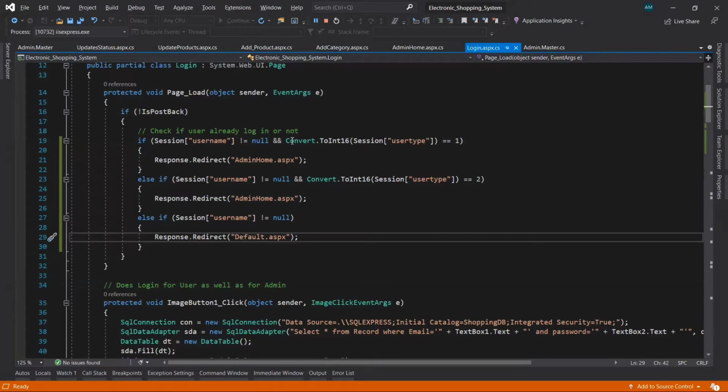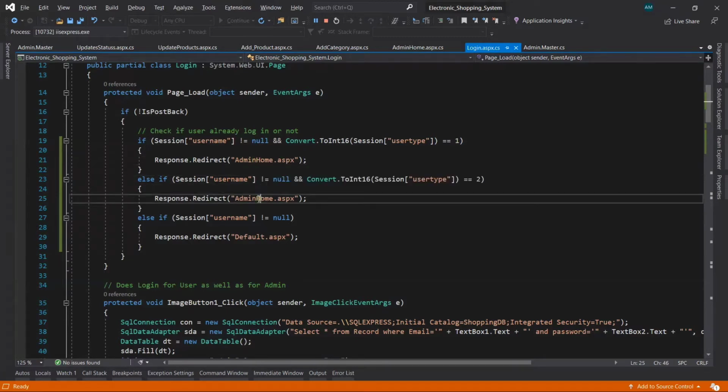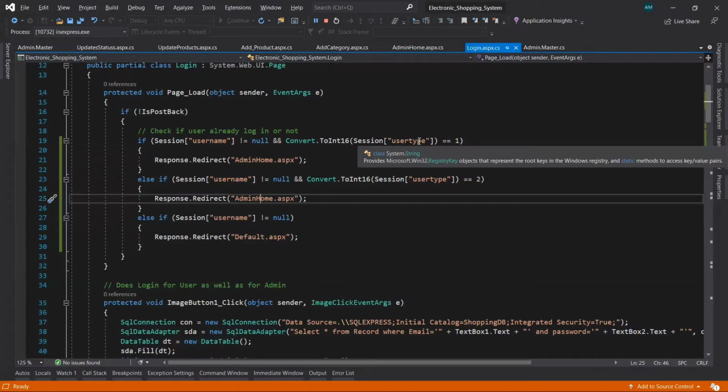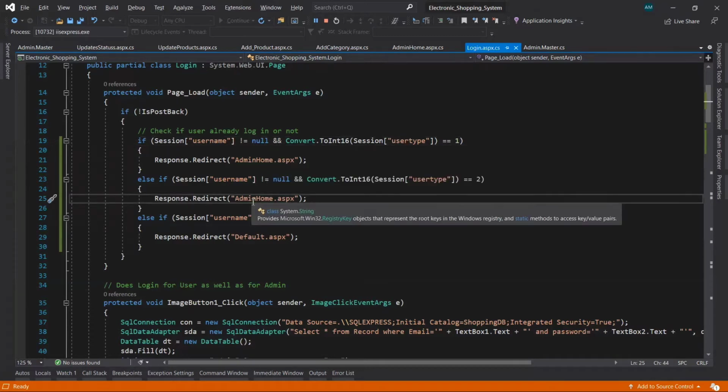So simply we can say only admin and vendors can access here and will go to the admin home page, and based on the user type the buttons will be displayed there. If it is admin login, then it will show all the buttons for the admin. If it is a vendor type user login, then it will hide two buttons, that is add category and update status.